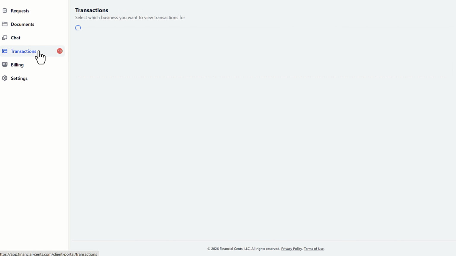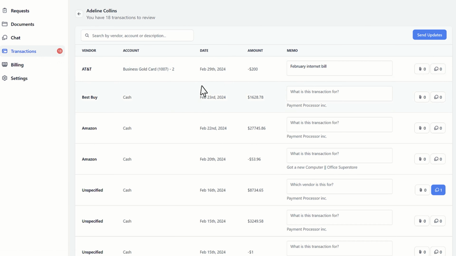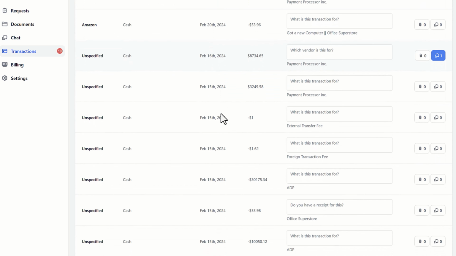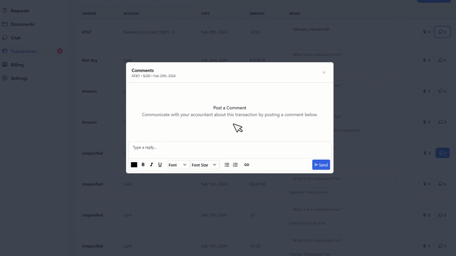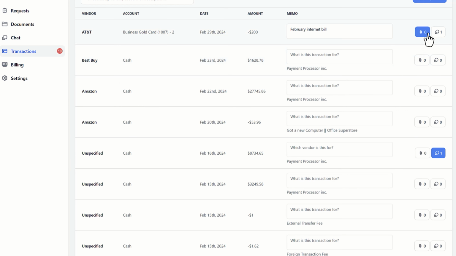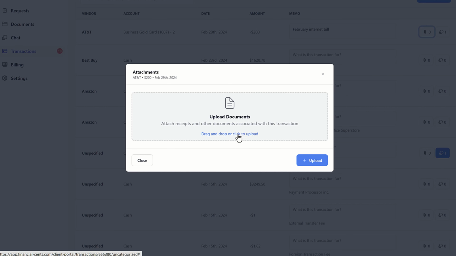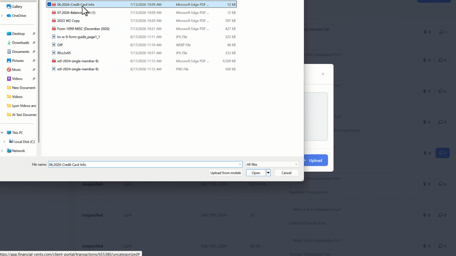Right here, you can see from the client's point of view how these notifications look. For the sake of security, there's no document information in the actual email. But once your client clicks into their portal, they'll be able to see all relevant documents in the transactions category. Here, clients can update the memo, attach a missing receipt, and add comments. Clients can also chat with you and your team right in the portal, so there's no need to email them